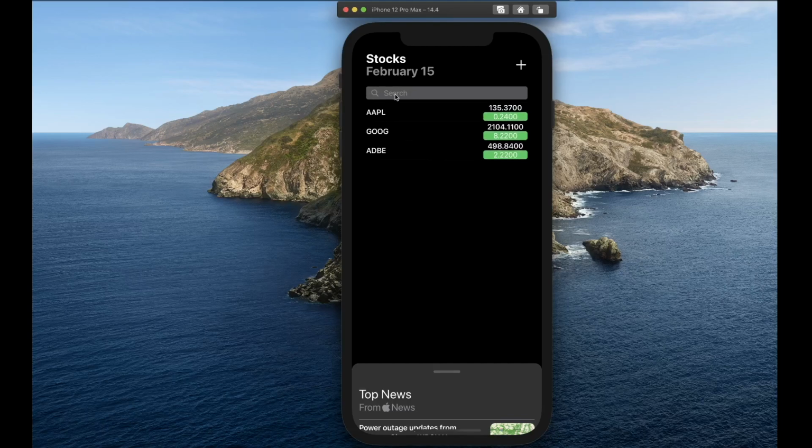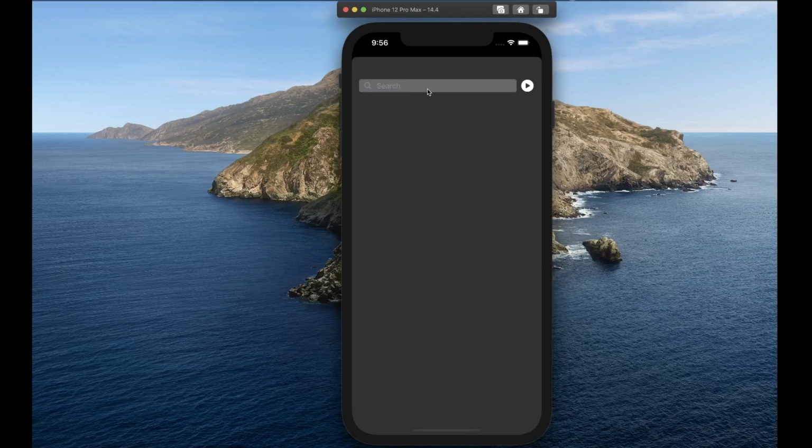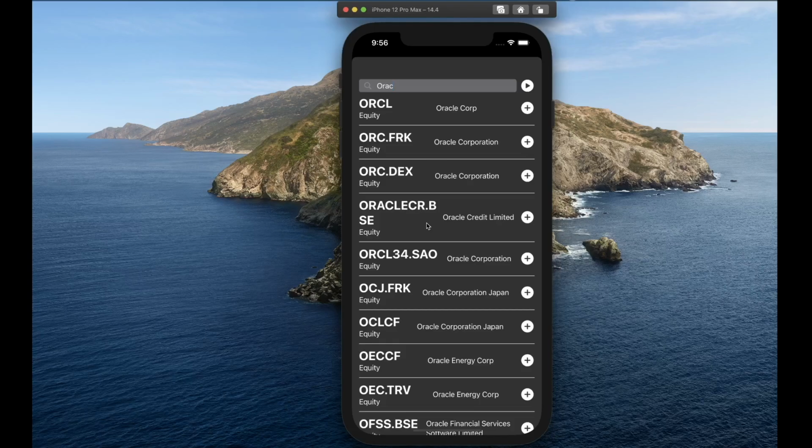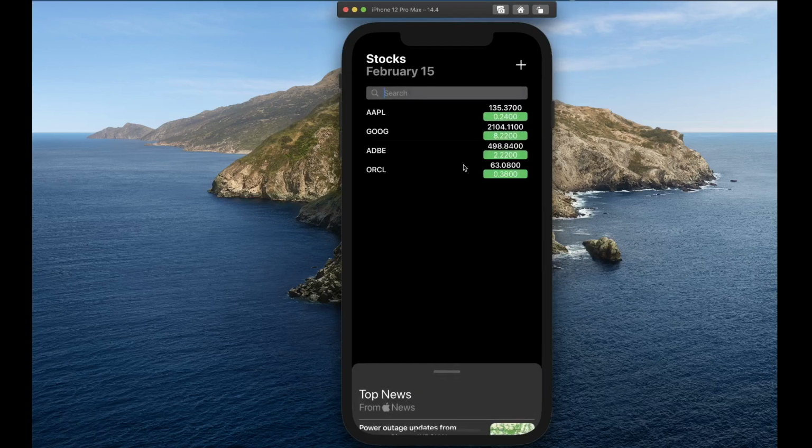And you're going to be building a local search, so if you have a really long watch list, you can search for those items. You can add new items, so by typing, for example, let's say Oracle, you'll be able to get the list of all the companies that are listed under the prefix ORAC, and it's going to give you all the companies, so you can add those. You can dismiss your search dialog, and then your stock starts to show up here.